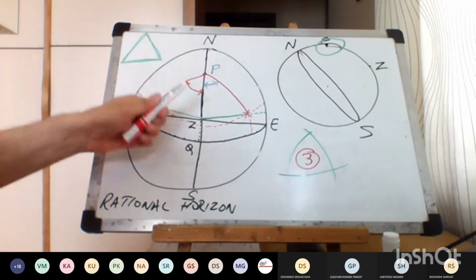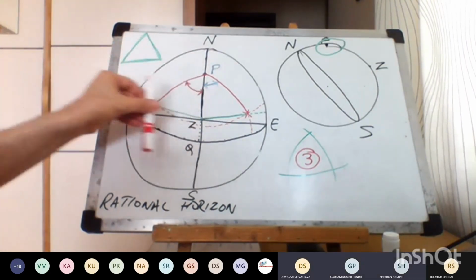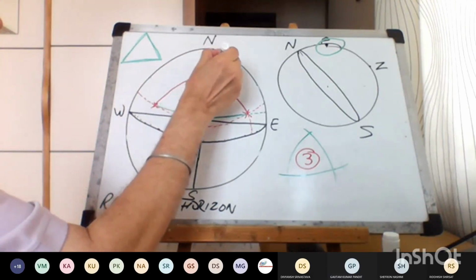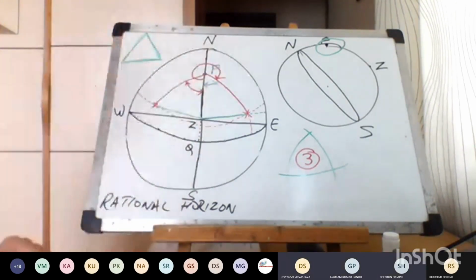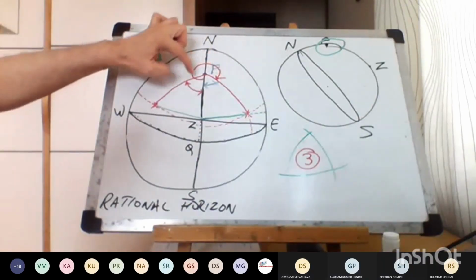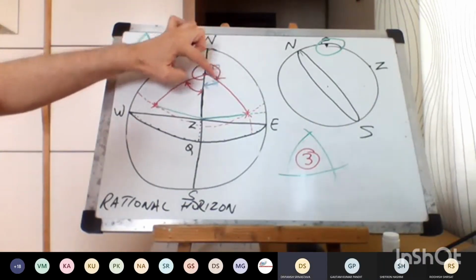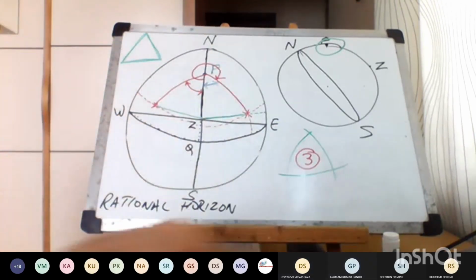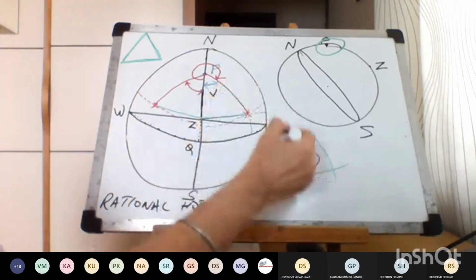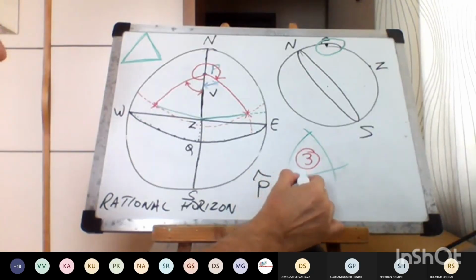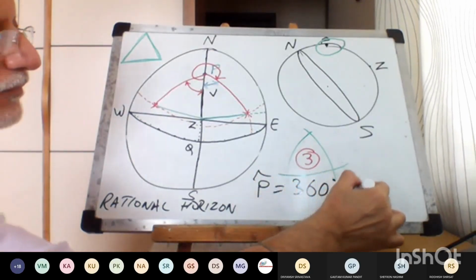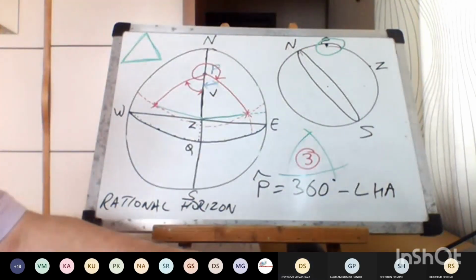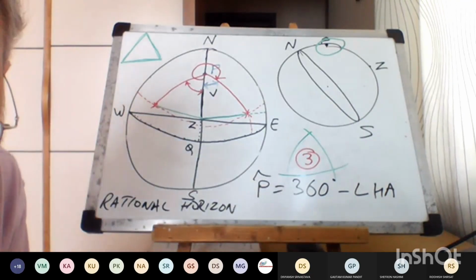LHA 0 से 180 है तो बॉडी ऑब्जर्वर के वेस्ट में होगी। LHA अगर 180 से ज्यादा हो गया तो बॉडी ऑब्जर्वर के ईस्ट में होगी। ये LHA 180 से ज्यादा है, तो बॉडी किधर है? ईस्ट में है ना। तो ये एंगल P क्या हो गया? एंगल P इज इक्वल टू 360 माइनस LHA। यस और नो? यस सर। तो तुम्हारा ईस्टर्ली आवर एंगल है, 360 माइनस LHA हो गया।